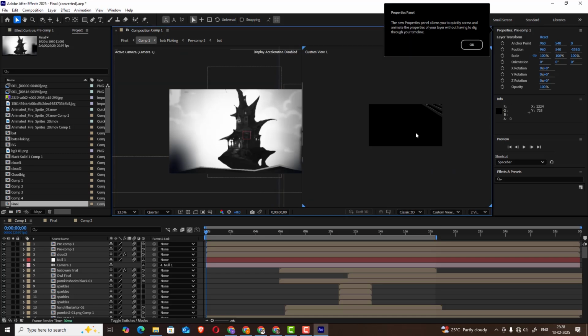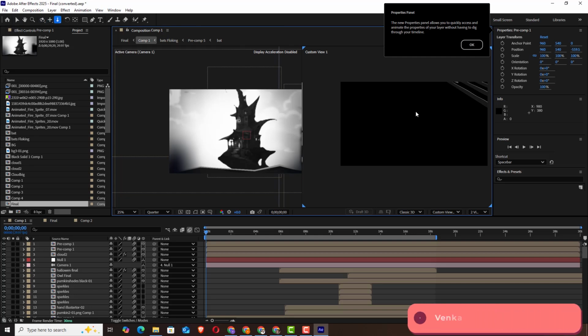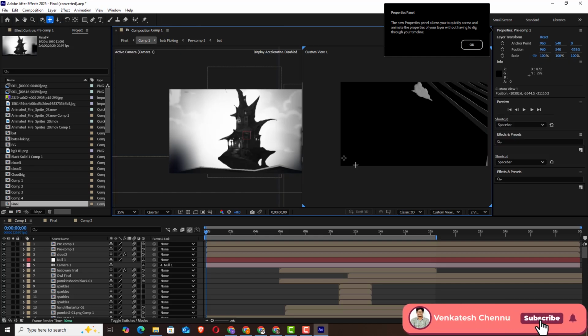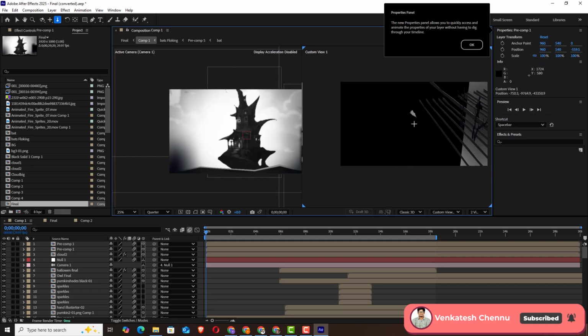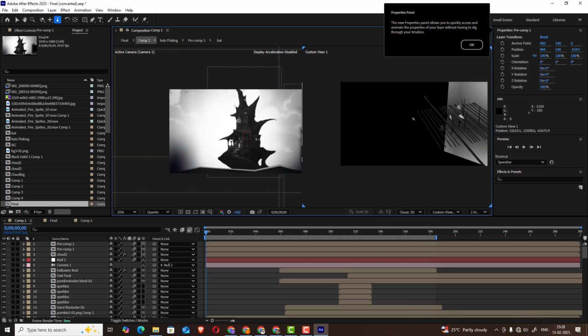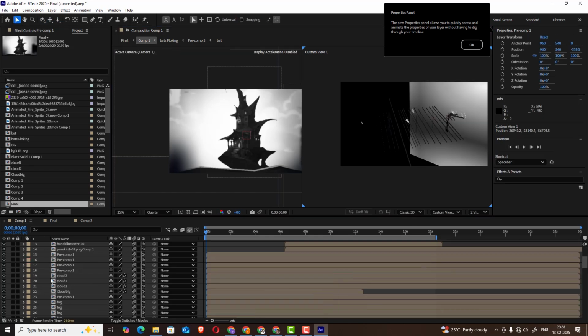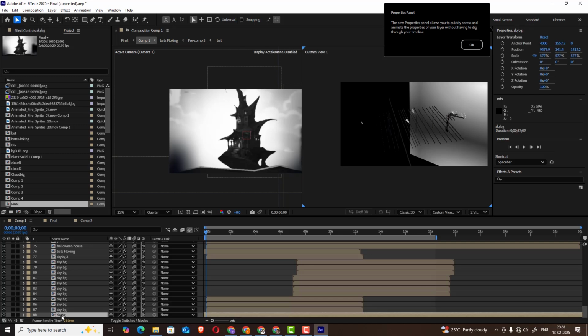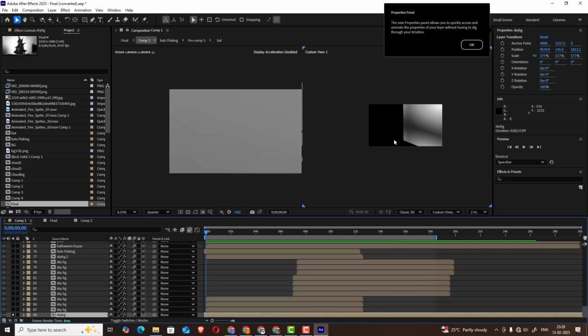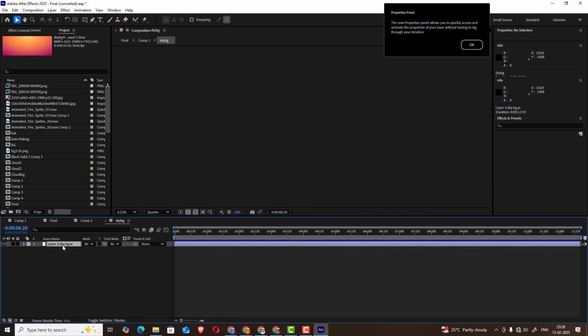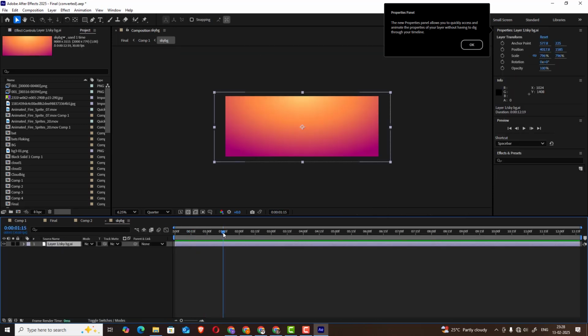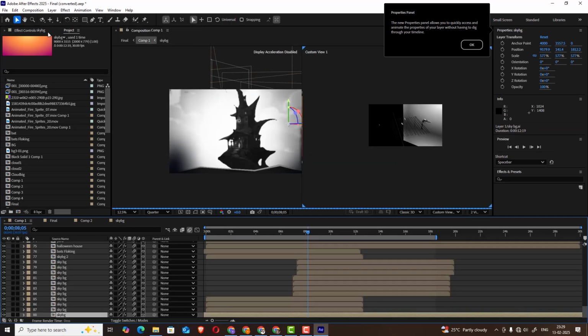Okay, with the help of this hand tool, we can zoom out a little bit. Now what we can do here is go to the back, so this is actually a sky background. Once we go through the background, actually this is the illustration, and when I click on this illustration, here we can see